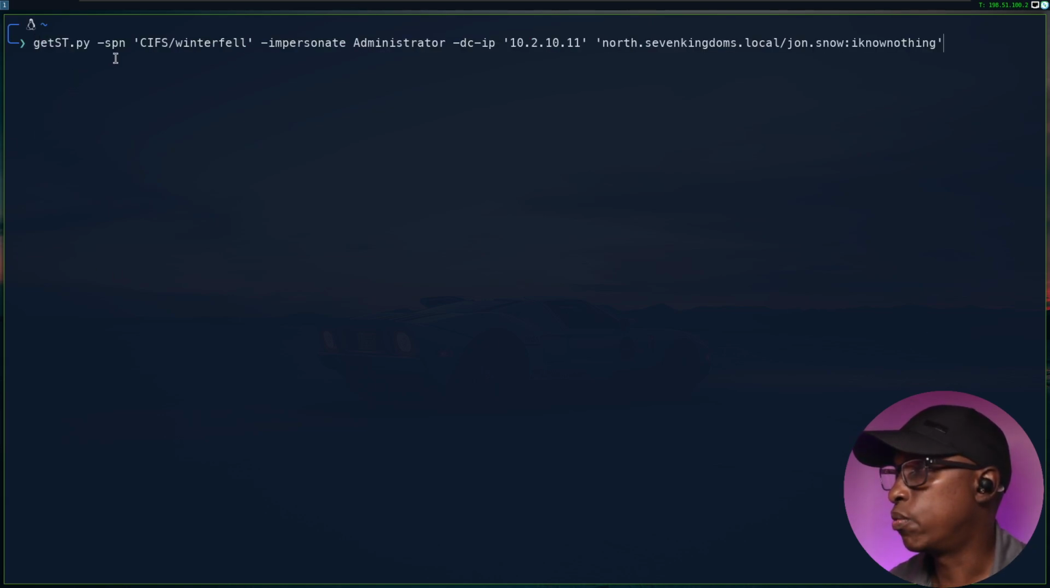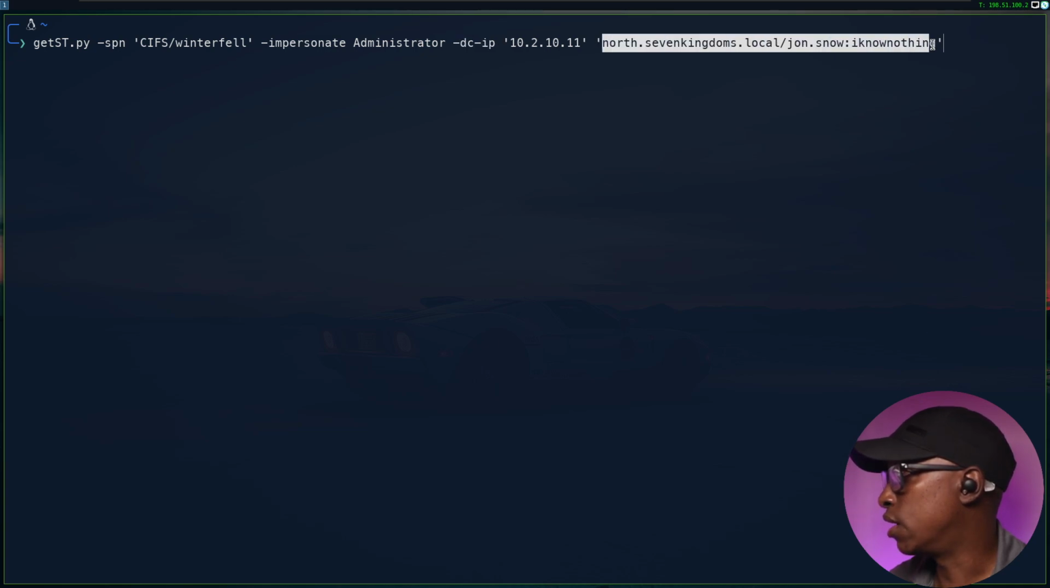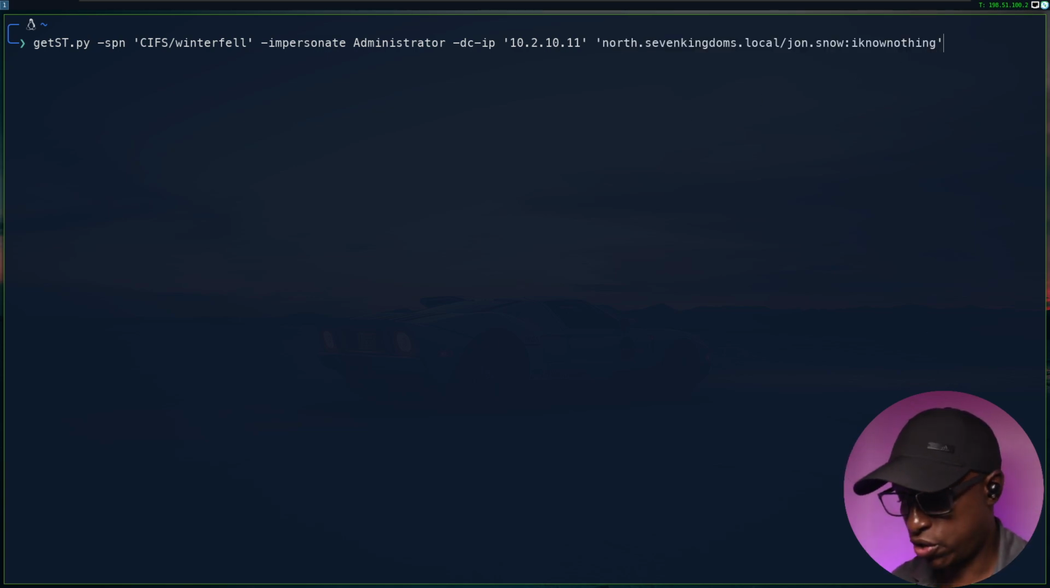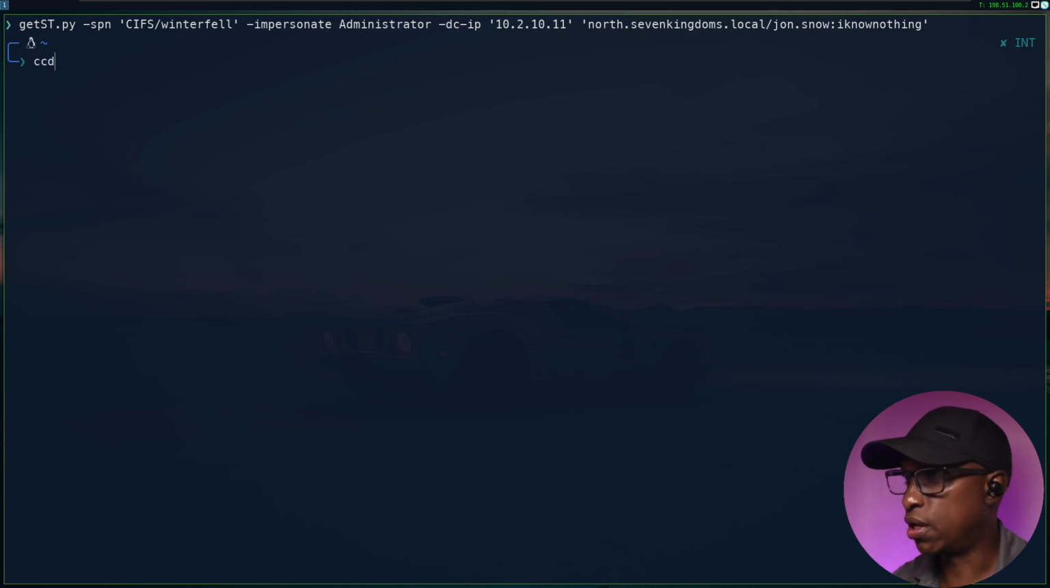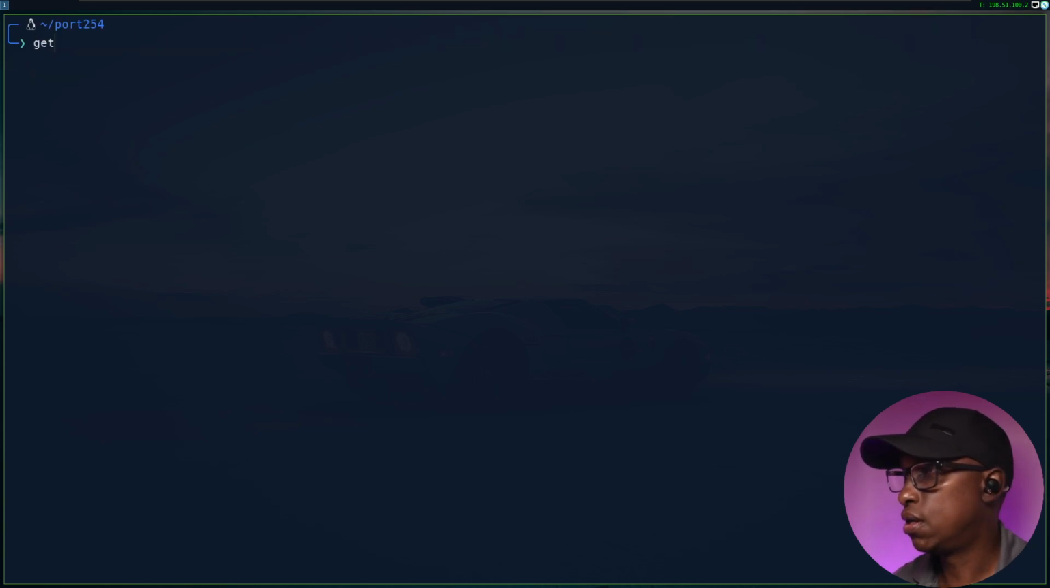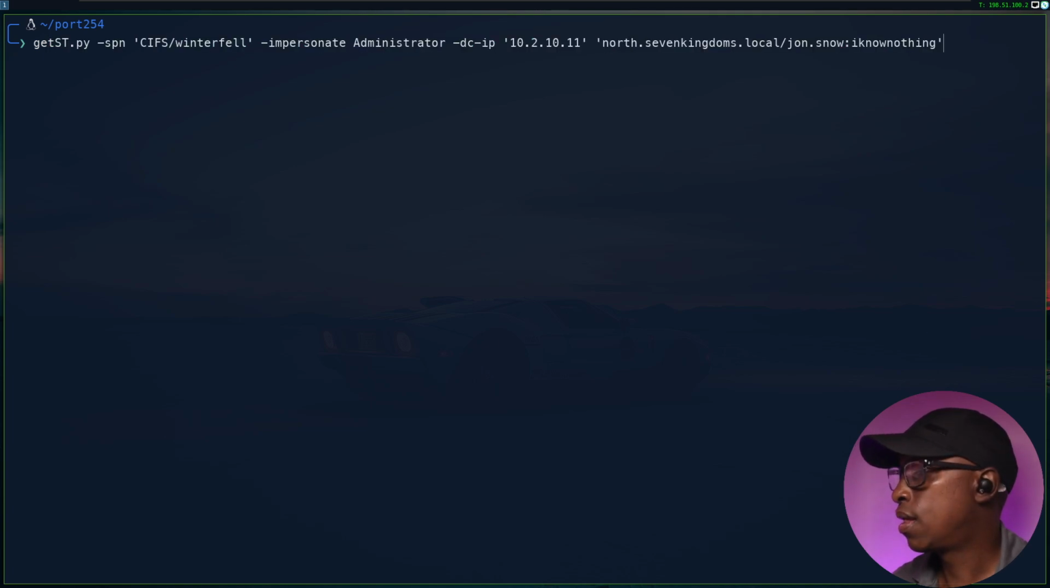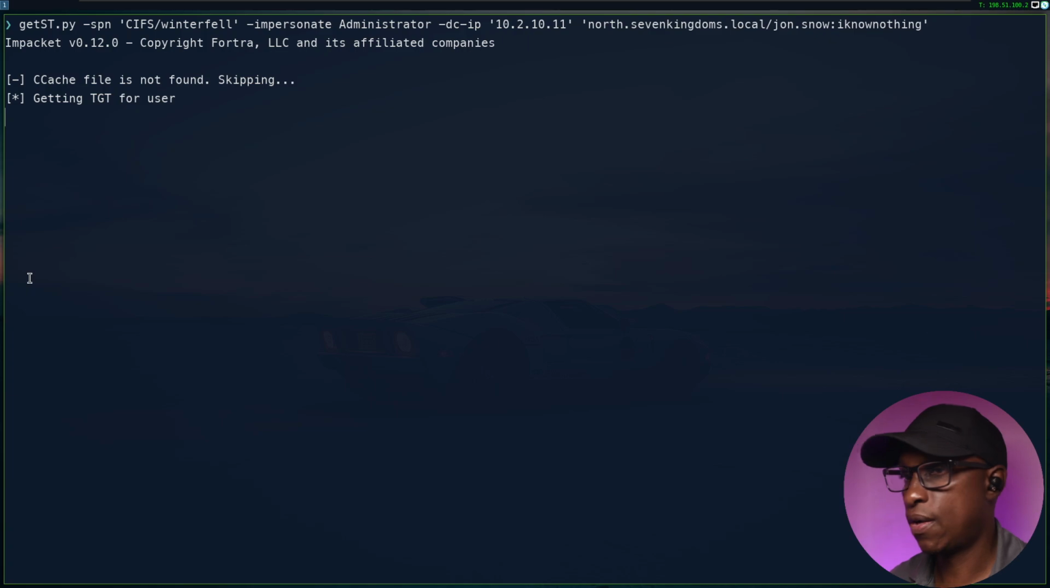That's the one that we will use, and we will target cifs/winterfell. We will try and impersonate administrator, the DC IP, which is 10.2.11, the domain, and the user and password that we are using to do that. So I'll run this in that folder, and if I run that,